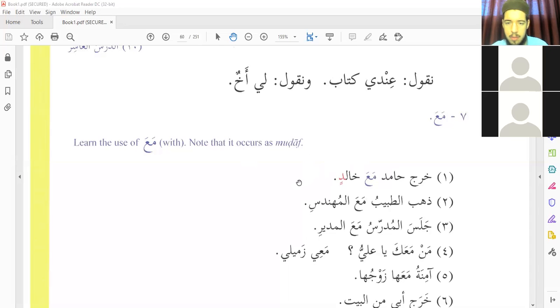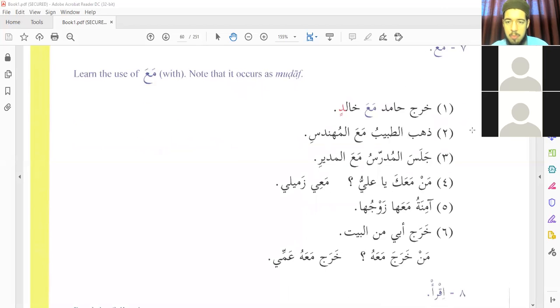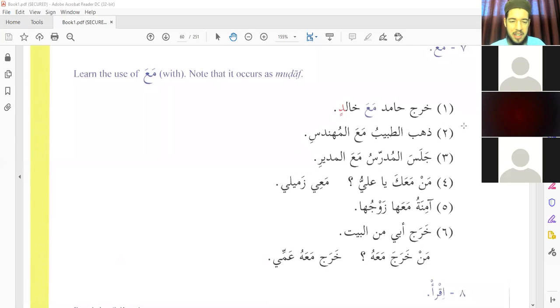This is mudaf and mudaf ilayh, right? So the word after ma'a is going to have to be in the genitive case, known in Arabic as majroor, and the word will need to be declined or demonstrate that accordingly. And we're going to be talking about exactly what that means in just a bit, which is exciting, because